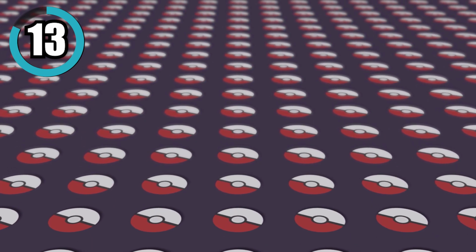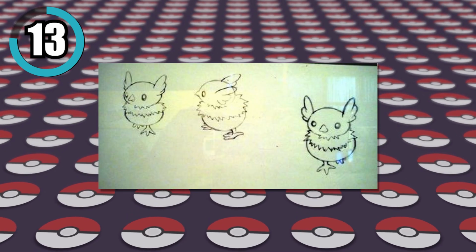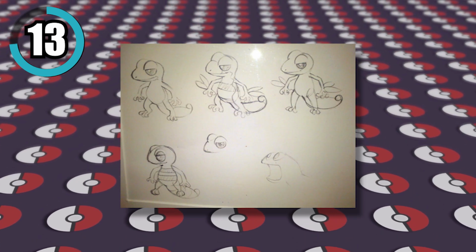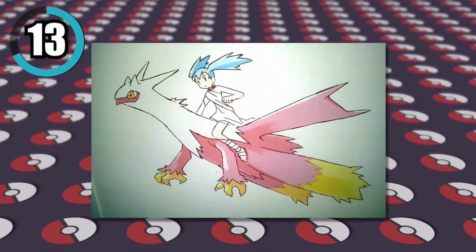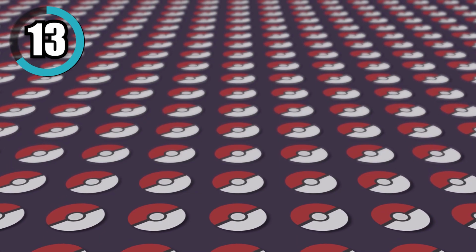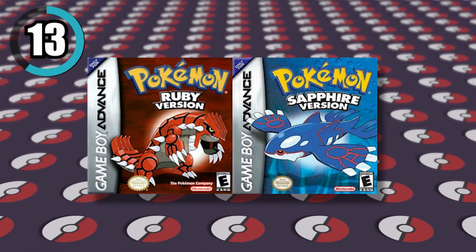For a number of years, the community has been aware of concept drawings for Pokemon such as Torchic with a much rounder design, Treecko with a much more gecko-like design, this Groudon, and what appears to be a cross between Latias and Blaziken. However, a lot of the cut Pokemon for Ruby and Sapphire were undiscovered for close to 20